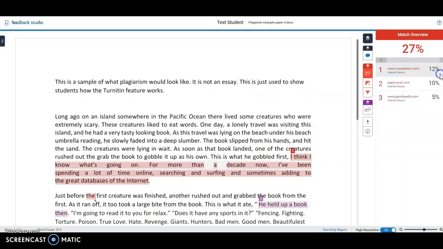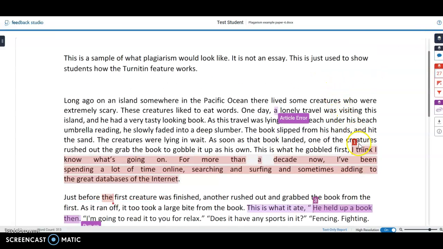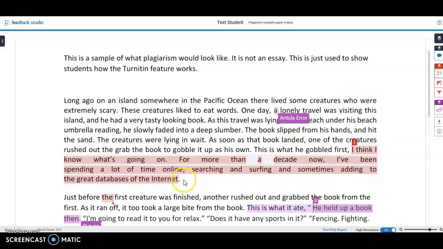And if you notice, there is a 27% match, and there are 3 sources that are matched here. If I go outside of here, I see source 1, I click on this, and it tells me where it came from. Notice down here it is not cited. There's nothing here to indicate where this information came from,